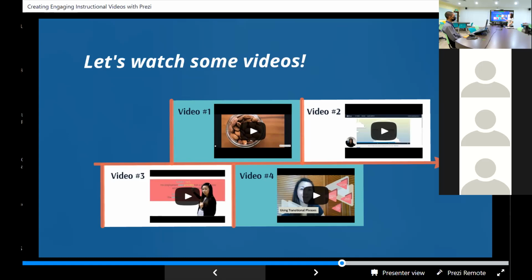And that is why if I were to create any instructional videos, I would always suggest video 3 or video 4 instead of 1 or 2, because in video 2, the video of the instructor is too small. When it's too small, the learners cannot see your facial expressions, cannot see your gestures. And these are all the things that make you the one